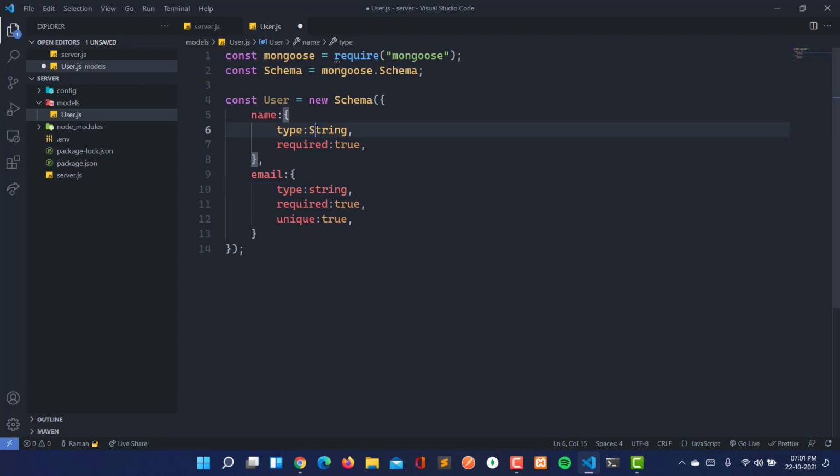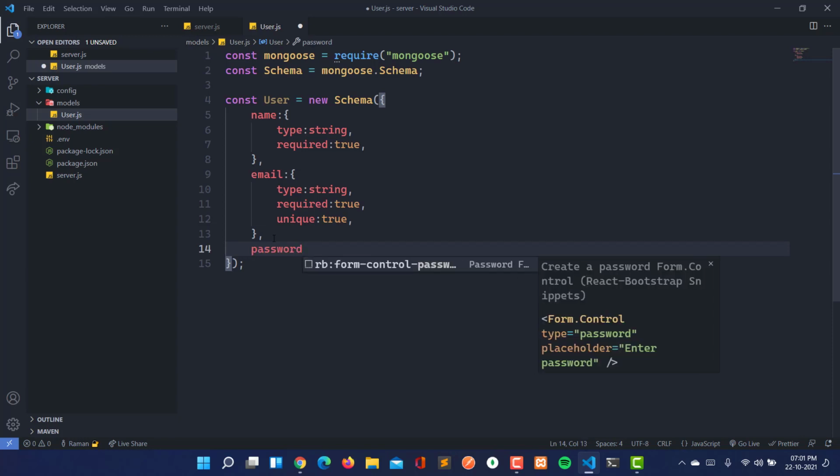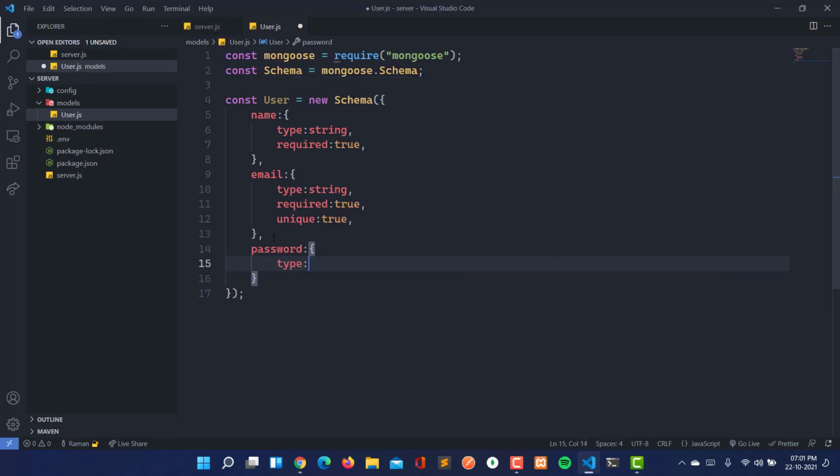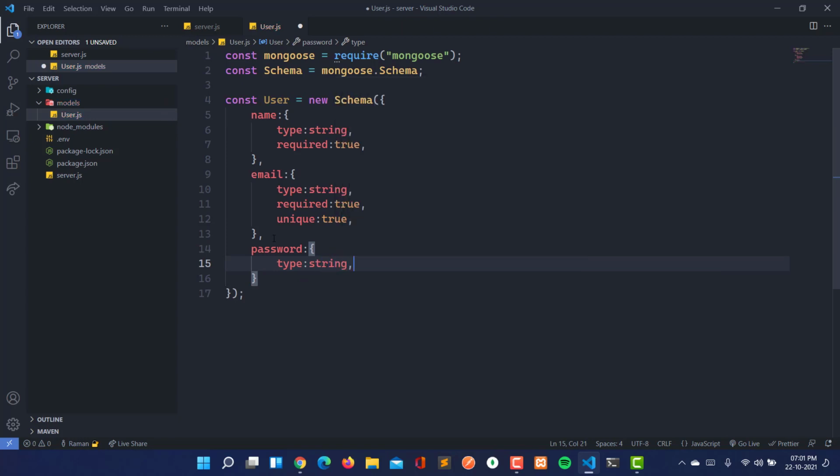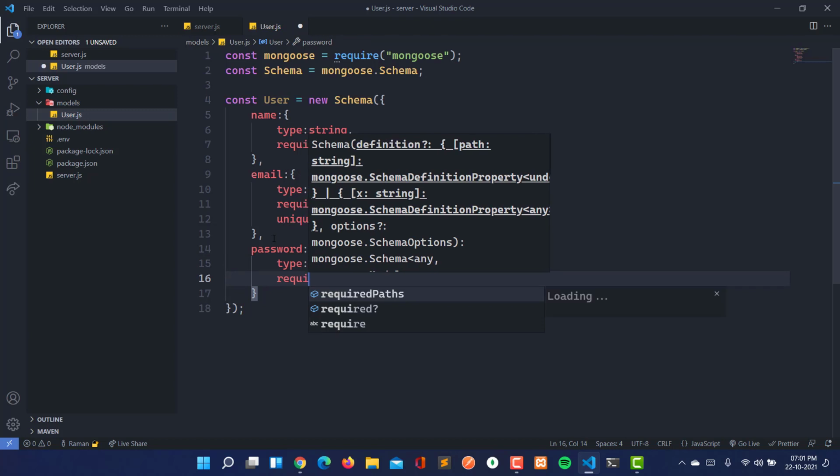It should be a small s for string. Now we have name and email, and then we need password also. The password type will be string, and then we need required also.